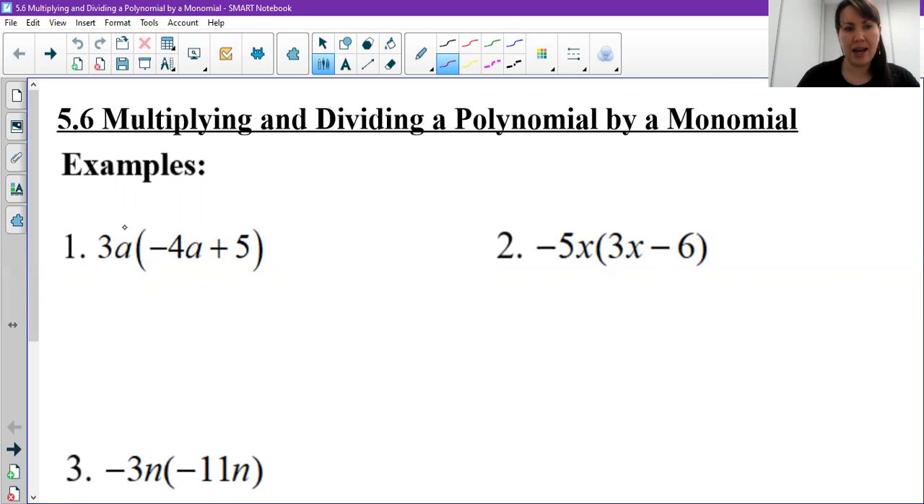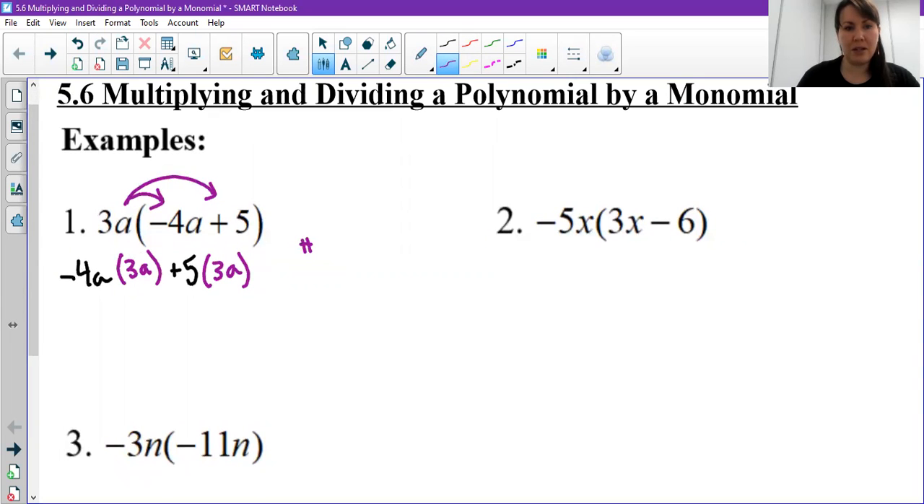We're going to take 3a, the monomial, and multiply it to every term. So 3a times negative 4a is first. Write down the first term of your polynomial, and then in brackets, write down the monomial that you're multiplying with, okay? And then we're going to multiply 3a by 5. So I'm going to write the plus 5 first, write your polynomial term first, and then in brackets, write the 3a after it. Okay, we need to go numbers times numbers